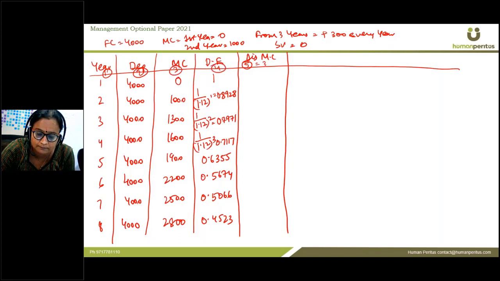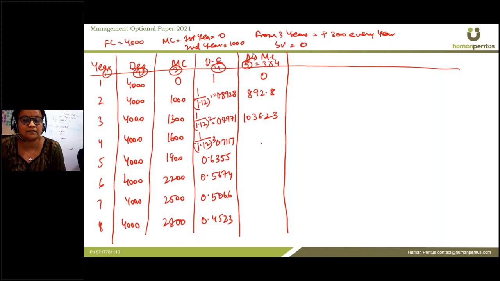So the fifth is nothing but the multiplication of values of column 3 and column 4. So 0 multiplied by 1 is 0, 1000 multiplied by 0.8928 is 892.8. 1300 multiplied by 0.7971 is 1036.23. Similarly, 1600 multiplied by 0.7117 gives me the value